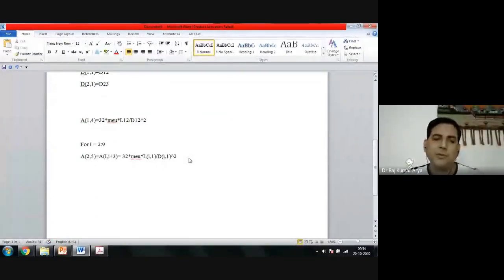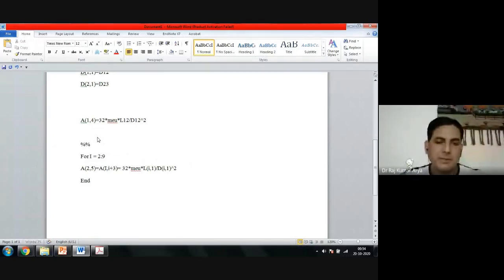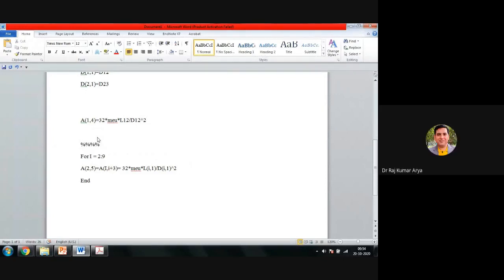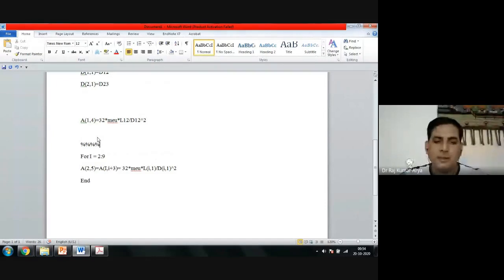So what have you calculated from this for loop? ये आपने calculate किया. And for each program you should give a comment. This is your comment file there. I think in MATLAB you need to have a percentage sign for a comment. You write what you are doing here. So you are writing here